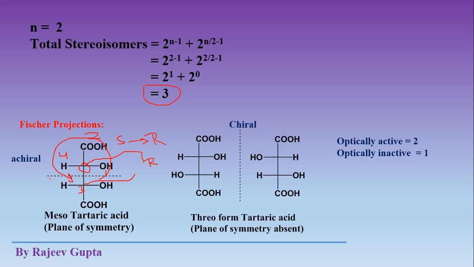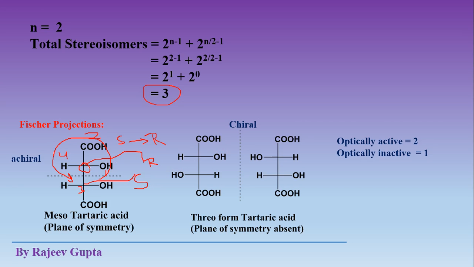Obviously, because it is a meso compound, in a meso compound containing two chiral centers, the other chiral center will have the reverse or opposite answer. This is S, because both portions of the meso compound are mirror images of each other. So if one chiral center contains R, the other will have S. Okay, so like this we can arrange these.